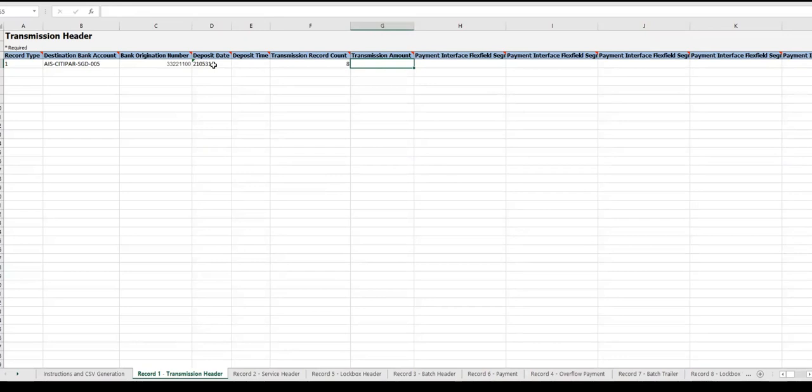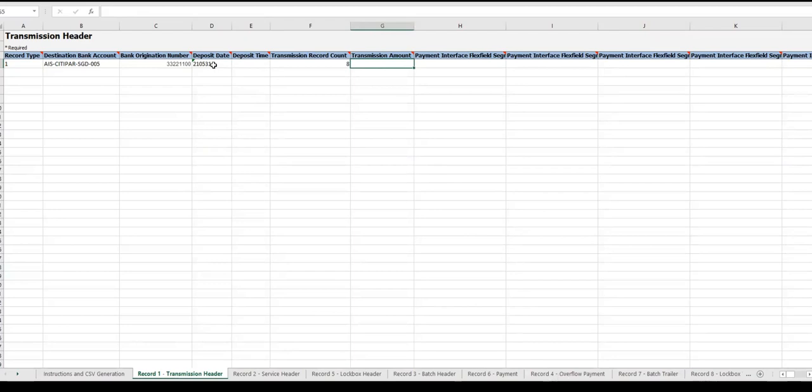Overflow is like whenever a receipt is against more than 8 invoices. Let us say we have 9 invoices, and 1 receipt is against 9 invoices. Then in the record 6 payment sheet, we are going to record 8 invoices against that receipt, and whatever invoice is pending, like 1 invoice, we will need to enter in the record for overflow payment data type sheet.